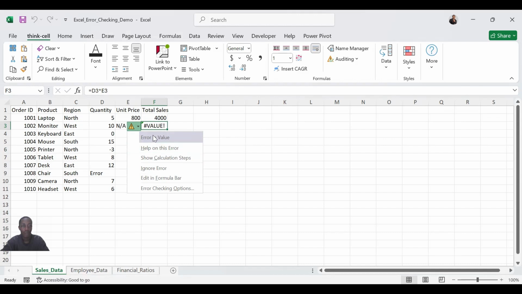Now, someone that is already conversant with Excel may know how to fix this instantly. But for someone that does not really know how to do this, there are other options that will help you navigate this, like this help on this error. You can click on it and you find more information. So I will click on this